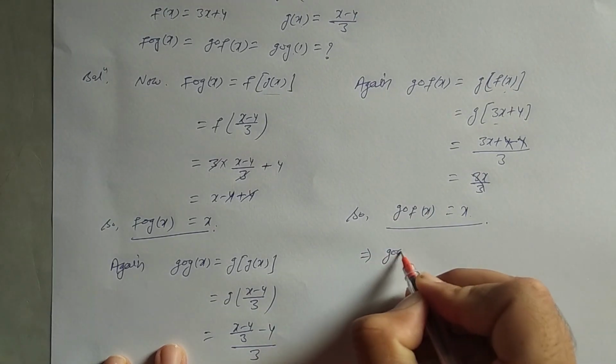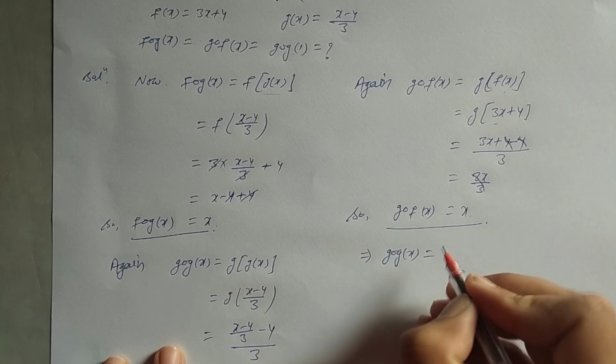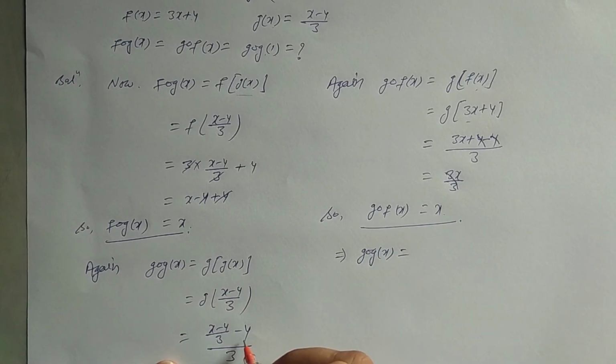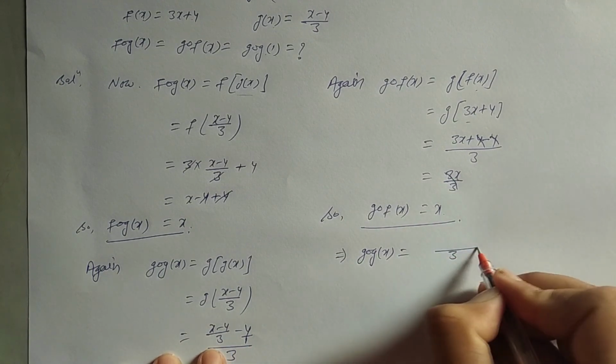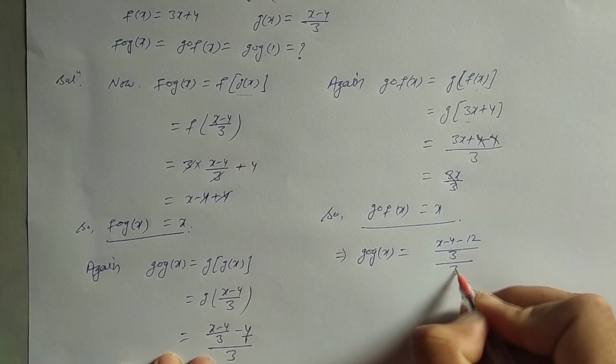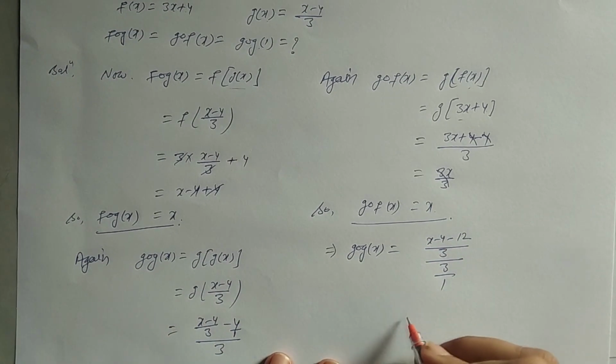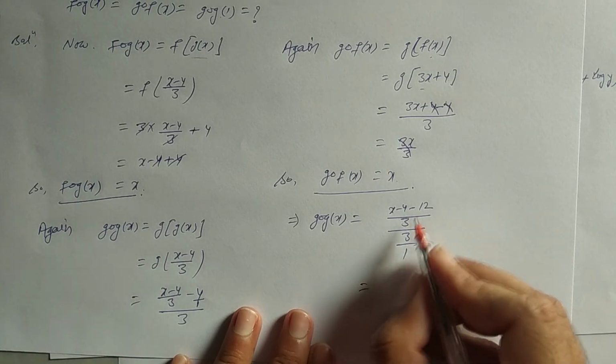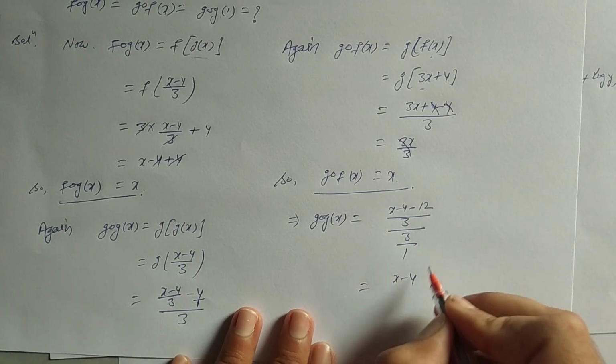This implies gog of x is equal to, taking LCM 3, (x minus 4 minus 12) by 3, all by 3, which is equal to x minus 4